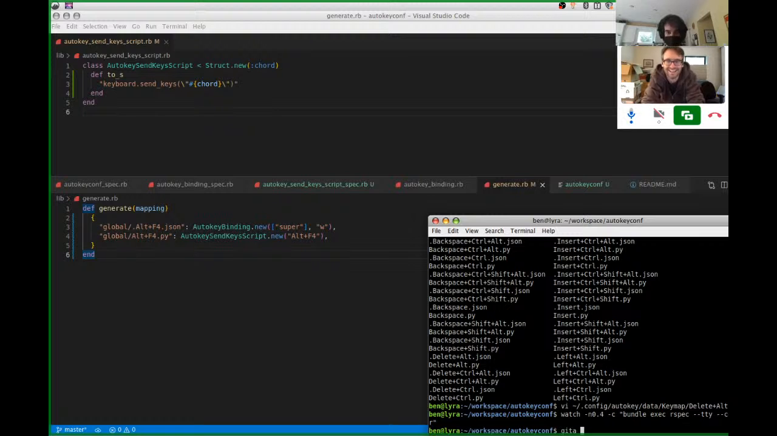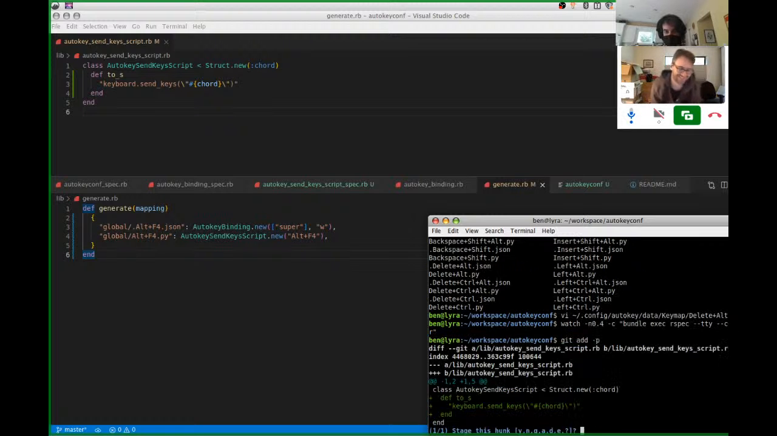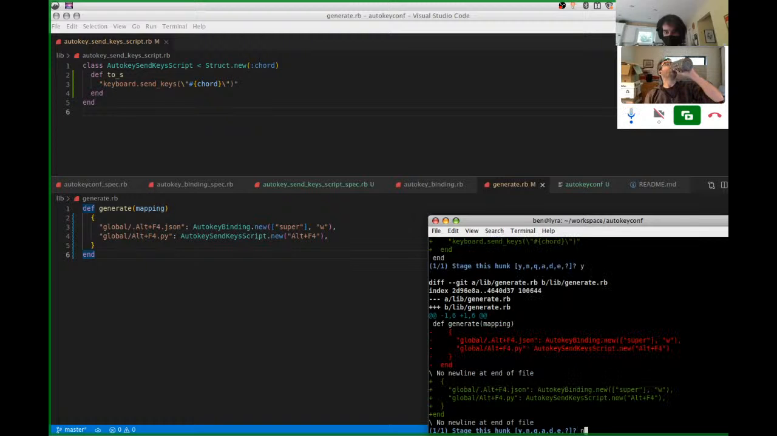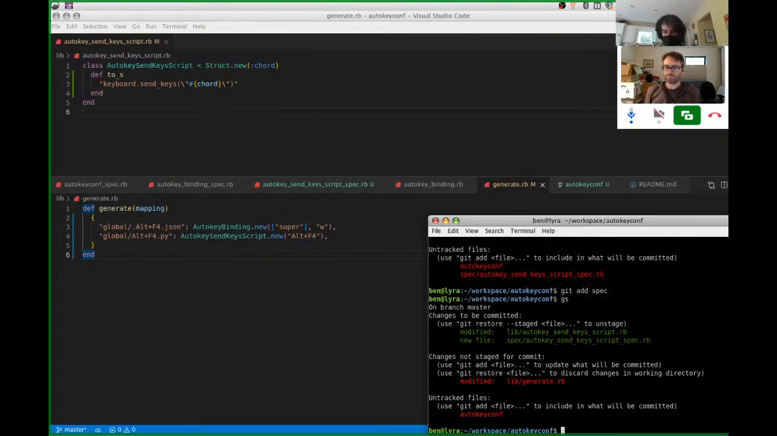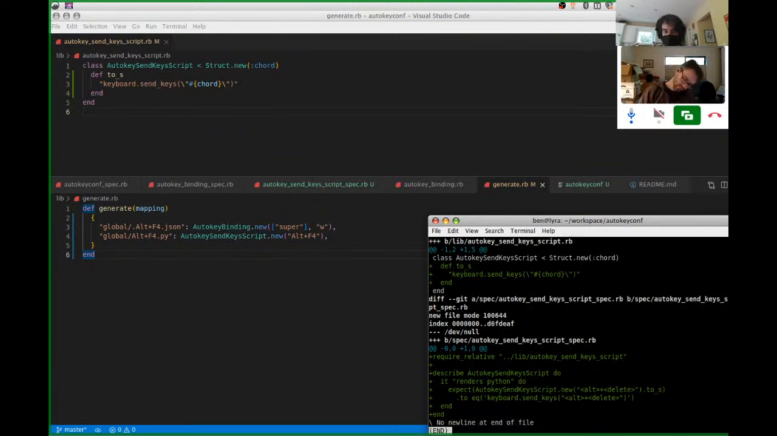Okay. Well, now we have two commits going. I guess we can. Perfect. Fix those one at a time. No. Add spec. Let's just look this over. Okay. It seems pretty straightforward. Implement